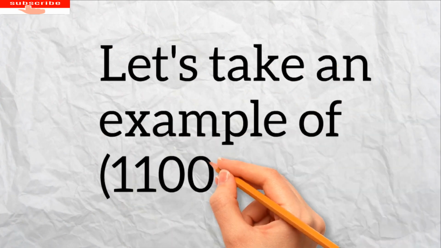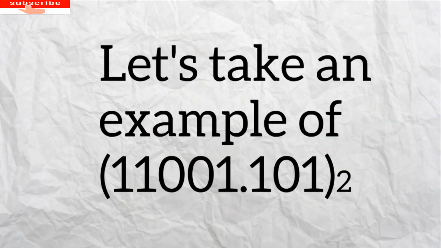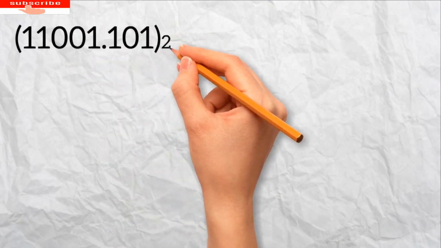Let's learn the conversion method using an example of 11001.101 to the base 10. First, we multiply the bits on the left side of the decimal point. There are 4 digits after the first one, so